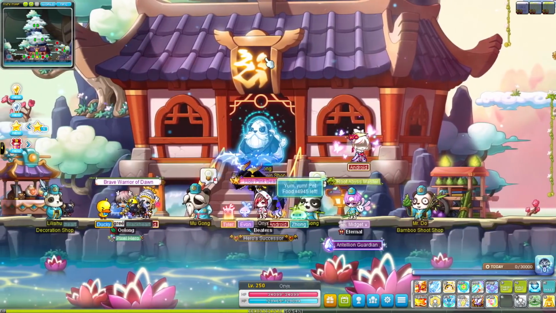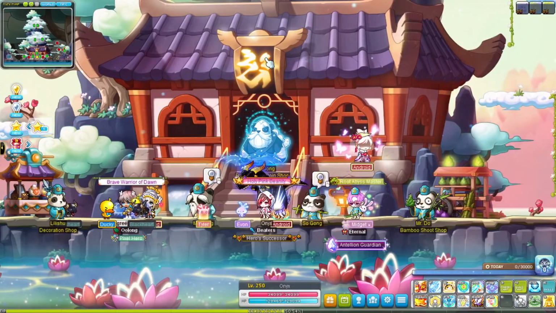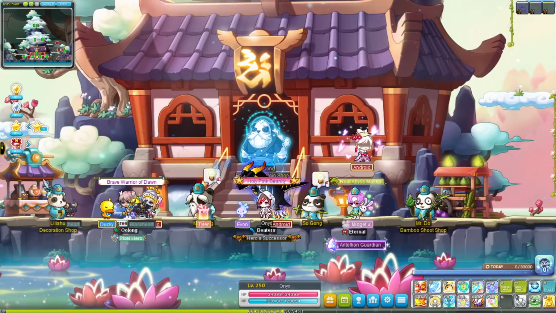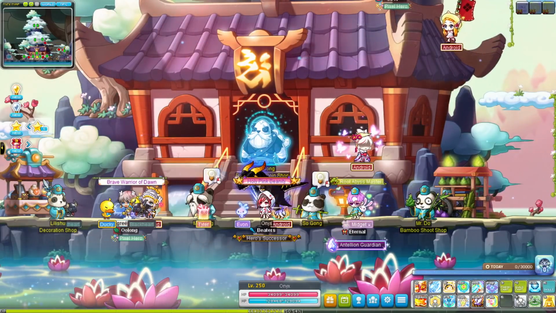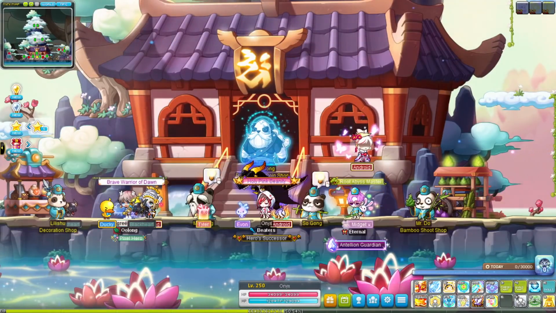Also, I forgot to mention that the main way you're going to be farming coins is by farming monsters around your level. However, there are going to be 2 other events that you can do in order to gain the awakening coins. The first one being rock, paper, scissors. So every 15th and 45th minute